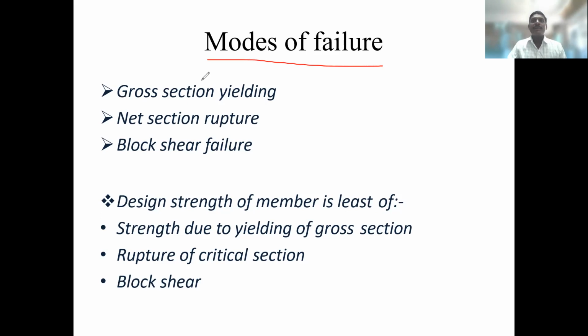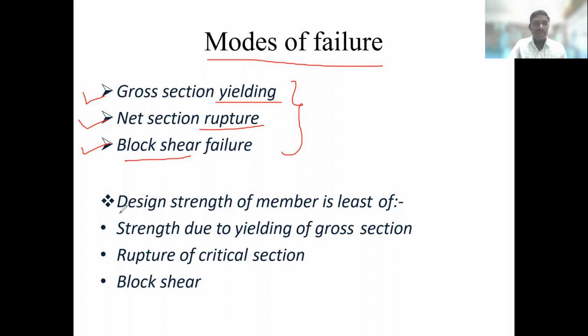So the tension member can fail in these 3 conditions, that is gross section yielding, net section rupture, and block shear. It means due to yielding, due to rupture, and due to block shear, your tension member will fail. So these are the modes of failure. In these 3 conditions, your tension member will fail. Okay. So now,